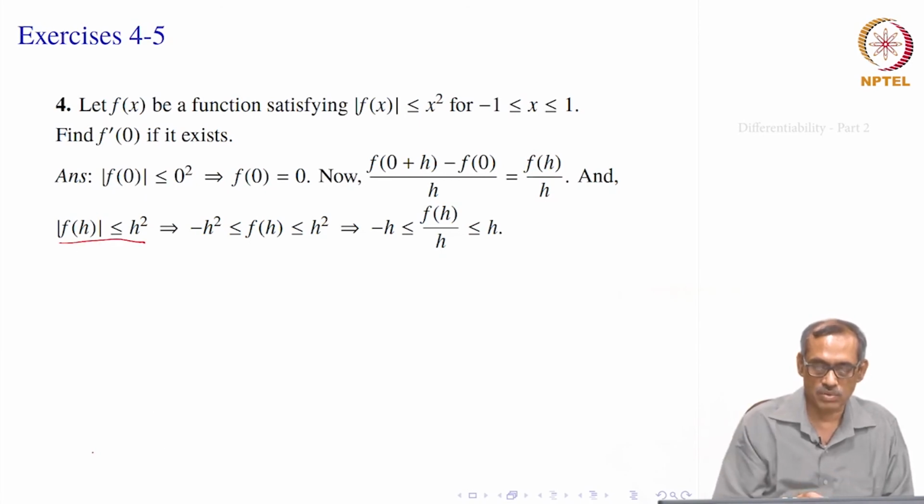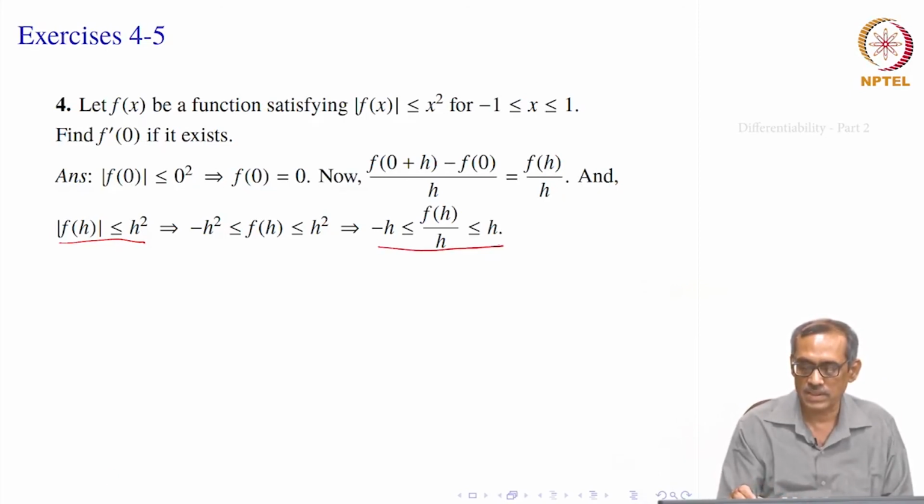Mod f of h is less than or equal to h square. So, that means minus h square less than or equal to f h less than or equal to h square for h positive, right. We think of h as a positive number here. So, that gives minus h less than or equal to f h by h less than or equal to h. If h is negative, then of course, you get f h by h lying between h and minus h, the other way around. So, you may say that f h by h is lying between minus mod h and mod h,